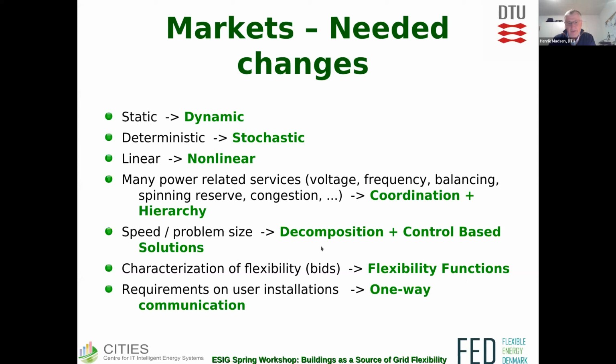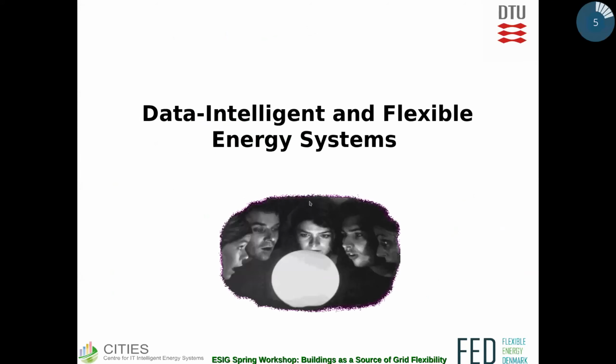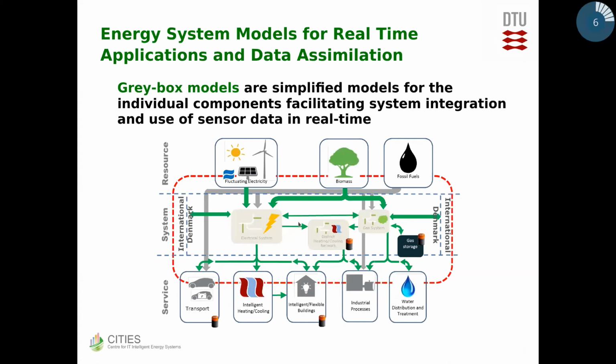I will not go into all the details here, but one thing I will also emphasize is what we are providing with our smart energy operating system is one solution which can actually solve all the services needed for the grid, voltage service, congestion managing, and things like that. But I'll come back to that, of course. So in order to do that,